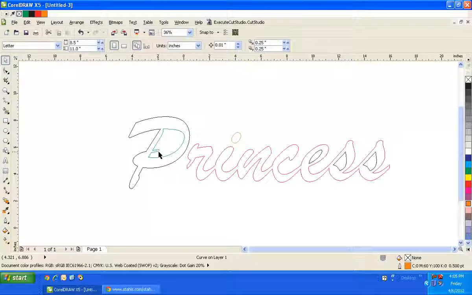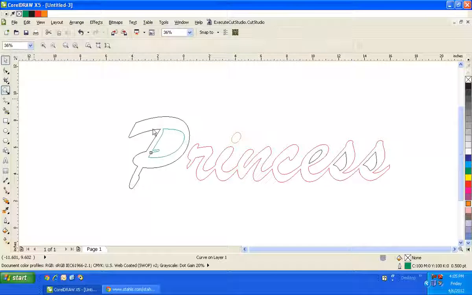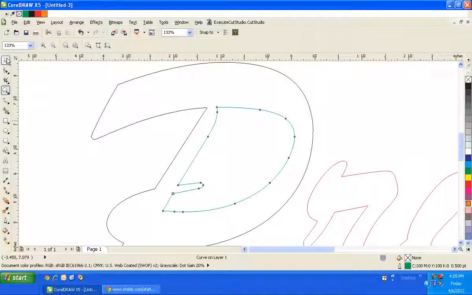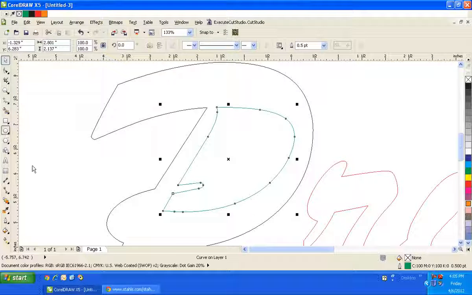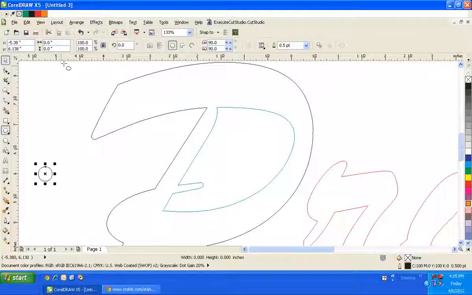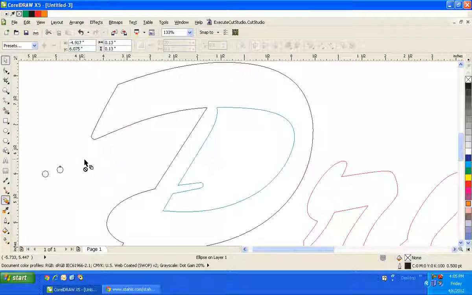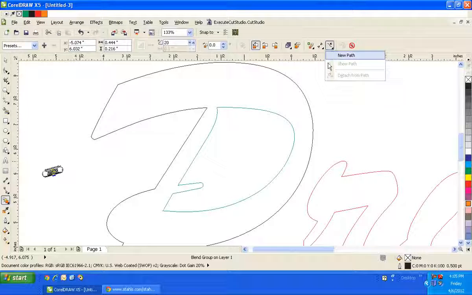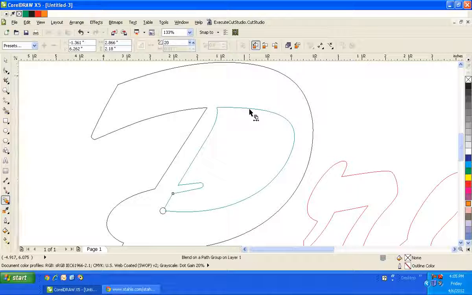But even if I were to create a stone on this path, I'm still going to have problems, especially on the corners here. I'll do that as a demonstration just to show my point. If I were to draw a circle and make it 3.3 millimeters to fit a 3mm stone, make a duplicate by left-clicking my mouse, dragging, right-clicking my mouse, going to my blend tool, clicking and dragging from one circle to the other, telling my path properties that I want it to go on this new path,